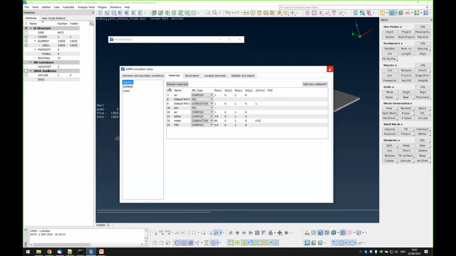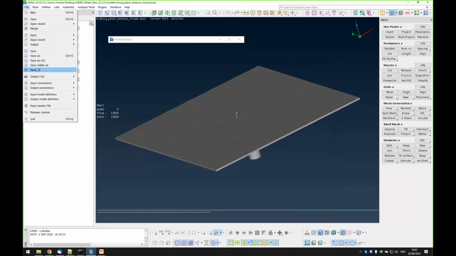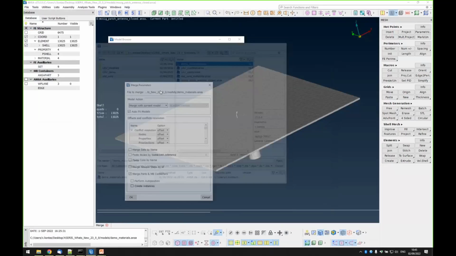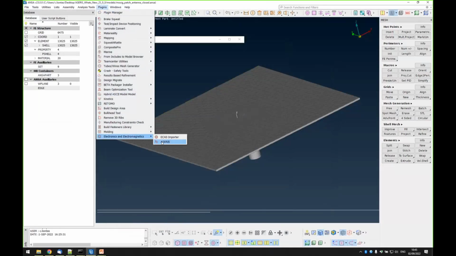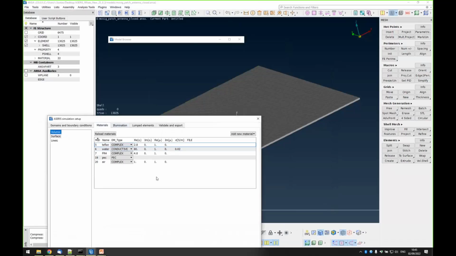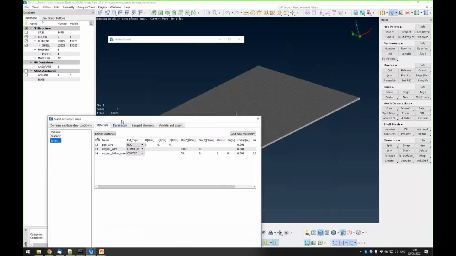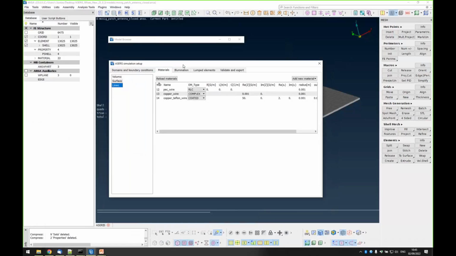Or we can preload the materials before launching the plugin by merging the material database. And then when we launch the plugin, we will see that all materials that exist in this database have been pre-filled. Okay. So there are two options of loading material databases.